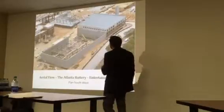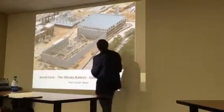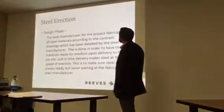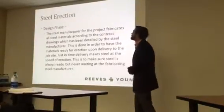And this is another aerial view. The Roxy you can see is a CMU block, and the 4-story office building was a concrete tilt-up. And that's the new Reed Young office, just a 2-story steel building. So I learned a lot about all the aspects of the project this summer, where I'm going to get into